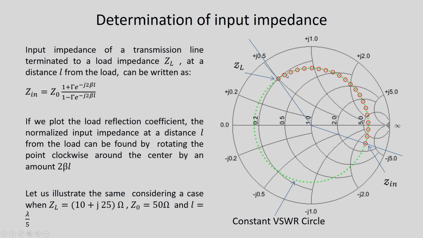The impedance at any intermediate point can also be seen. For example, if we stop at this length, then we get an input impedance of 1 plus j 2, that means here it is 50 plus j 100 ohm. Now, we can see that starting from the load, as we move down the line, we cross this axis, that means here the input impedance becomes purely resistive.